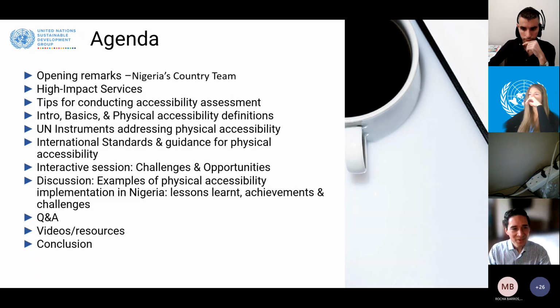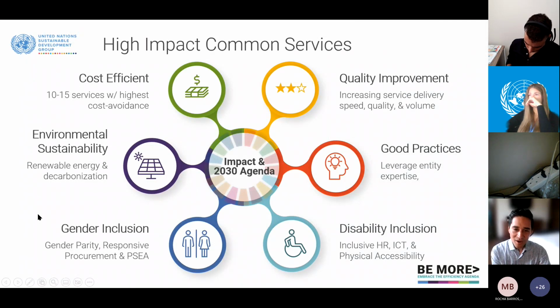I'll just take a minute or so to speak about the high impact services within the business operation strategy, which is where all these disability inclusive services fall under. Just so that you know that there are other ways that through operations you can also drive the 2030 agenda and drive impact.